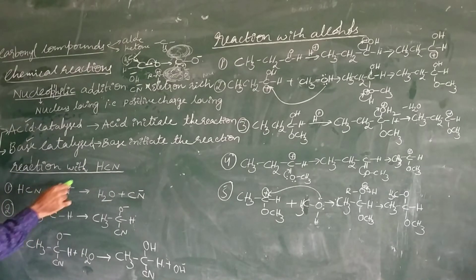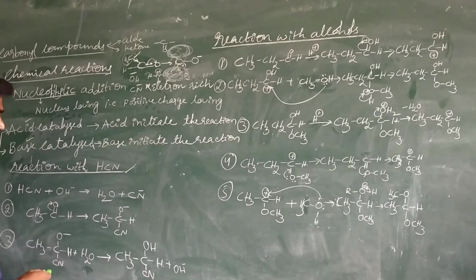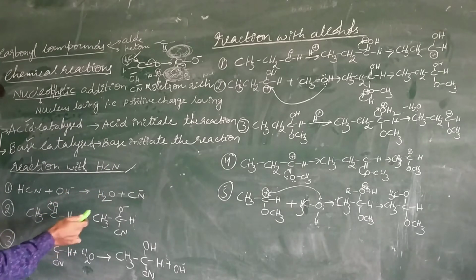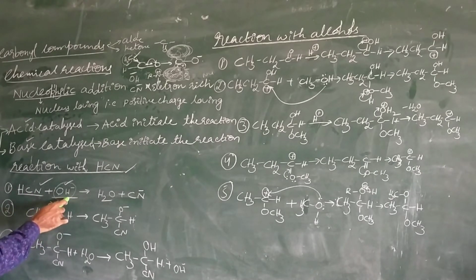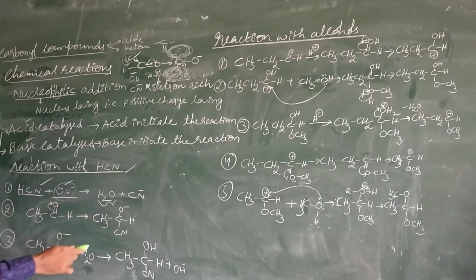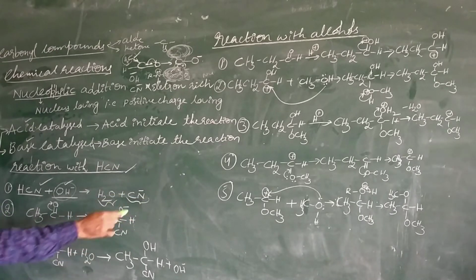For example, in the case of reactions with HCN, hydrogen cyanide. If hydrogen cyanide is mixed with an aldehyde, the reaction you can see here is a base catalyzed reaction, because of the base, say sodium hydroxide. This sodium hydroxide dissociates into Na plus and OH minus. Here the OH minus is important. That's why I have written only OH minus. And when hydrogen cyanide is mixed with OH minus, this H reacts with the OH minus and is eliminated as a water molecule, and formation of the nucleophile takes place. This is the generation of the nucleophile.